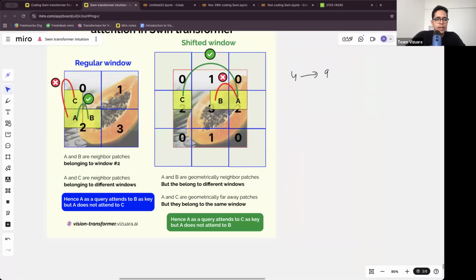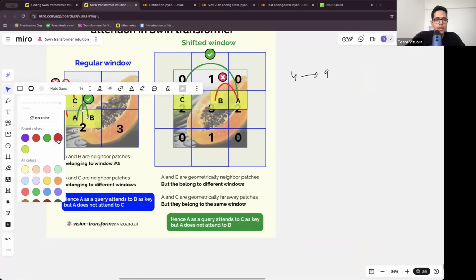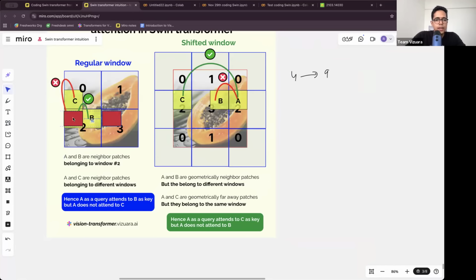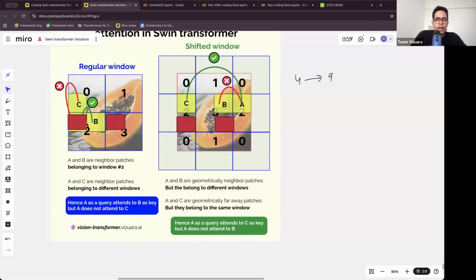Okay, let's say I am considering this patch, and maybe this one. Okay. And now look at the same 2 patches in shifted window. In regular window, am I drawing the same? Yeah, I think this is correct. So in regular window as well as in shifted window, those 2 patches are never able to pay attention to